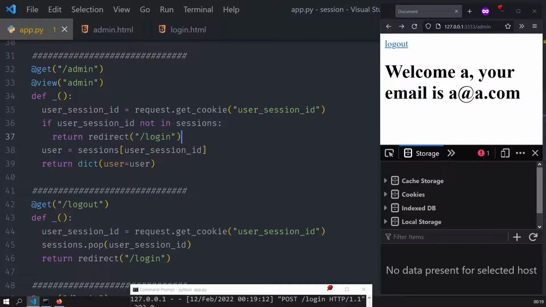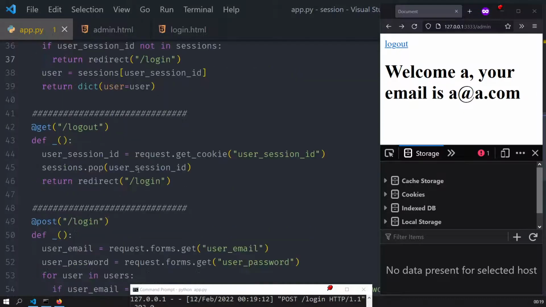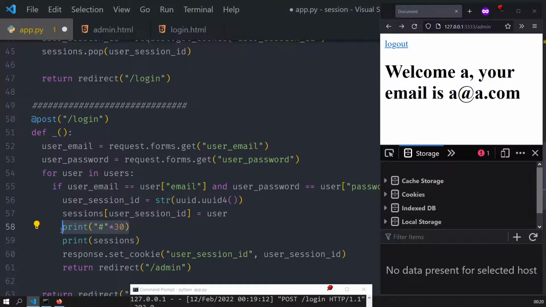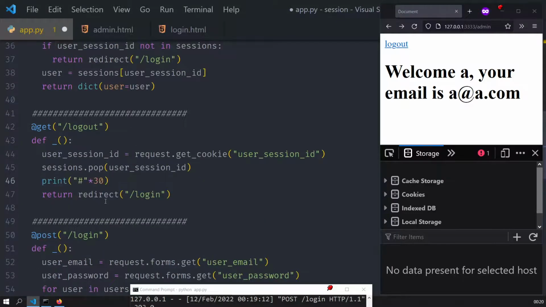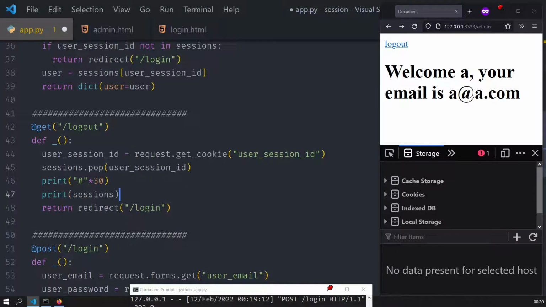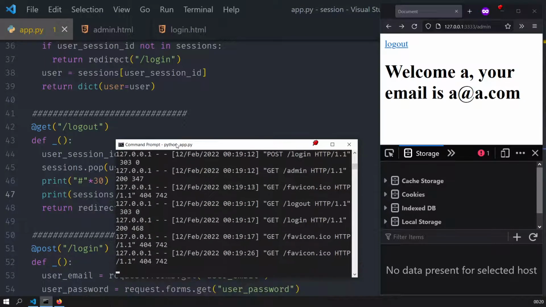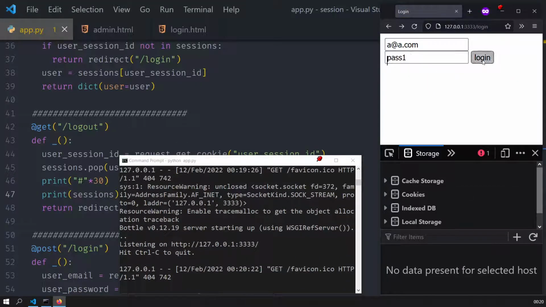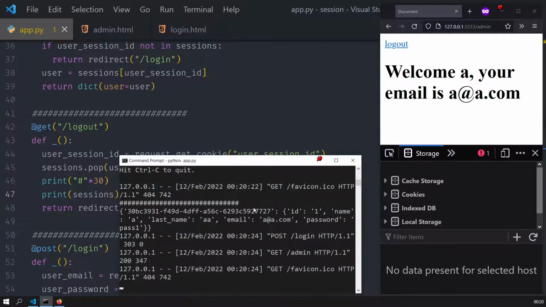Let me debug it. To try to spot the bug, first let's go to the logout, and when we pop the user session ID, we are going to print this 30 times again, and we are going to print also what we have in the sessions. So save it, and I am going to have the terminal ready to debug it. I will log in correctly. This is what we have in the session now, this ID with this user. When I log out,